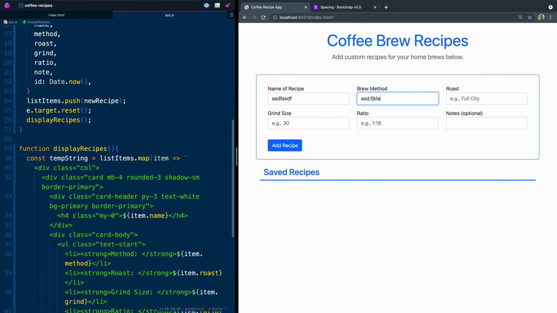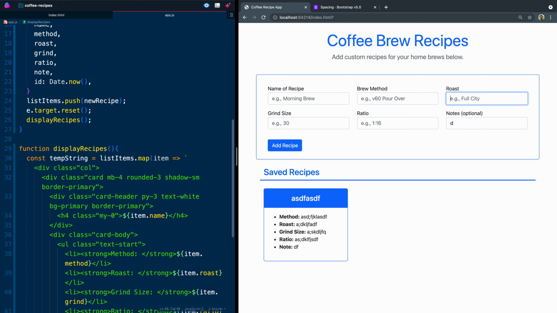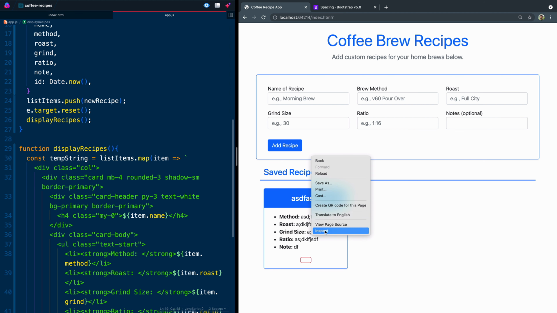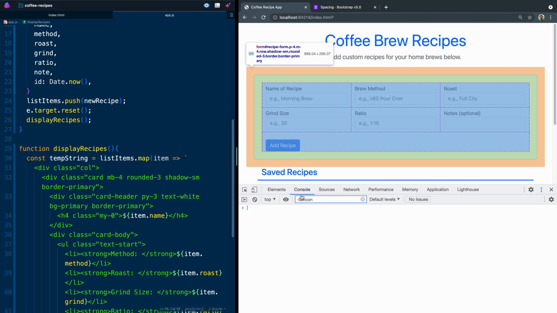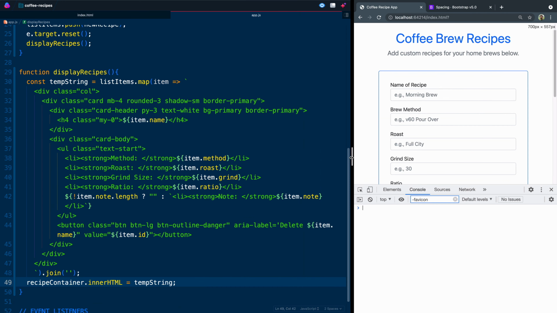Now we've got a problem. That's not working. Let's try again. Oh, I think it's because I refreshed the page. Let's do another one here. See what this does. Okay, it's not working. We're having a problem. We will figure that out. Console, nothing's wrong in the console. So